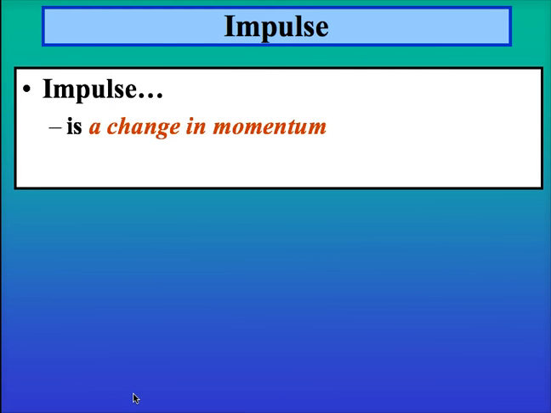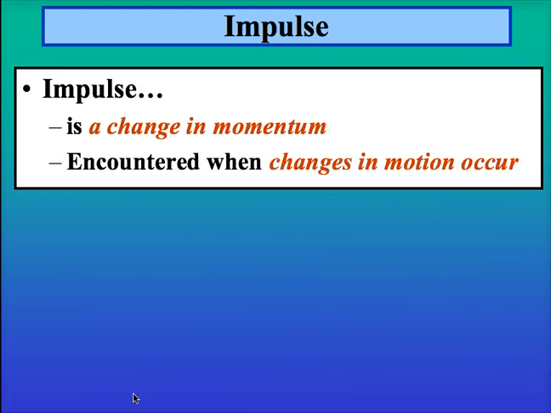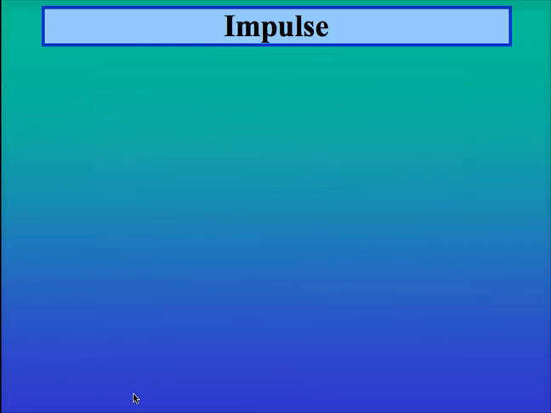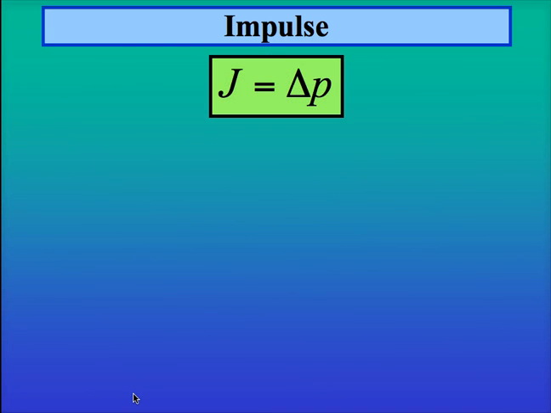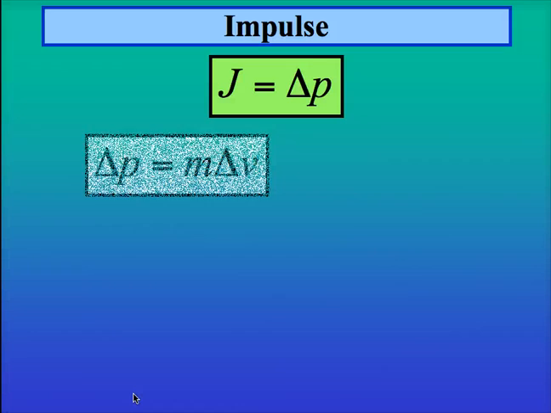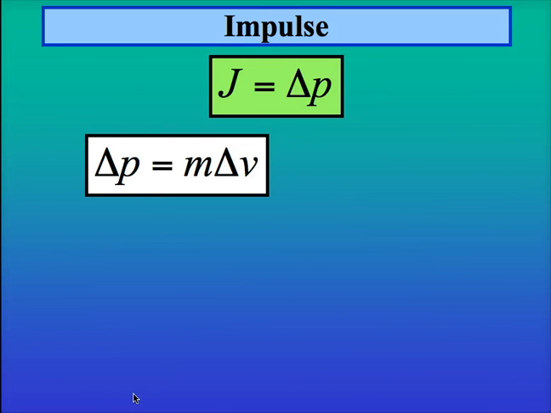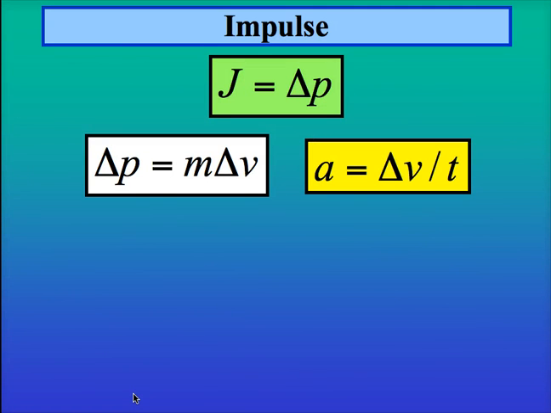So impulse is the change in momentum. When we change an object's momentum, we change its motion. We either speed it up, slow it down, change its direction. And it's written this way. J equals delta P. Delta P is equal to m delta V, so we could substitute that and say, since